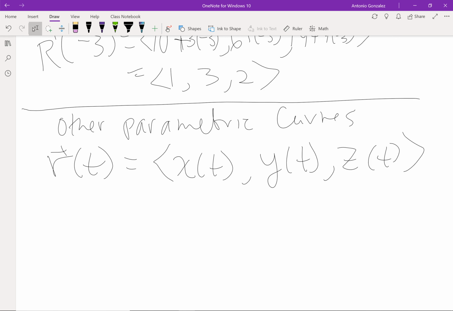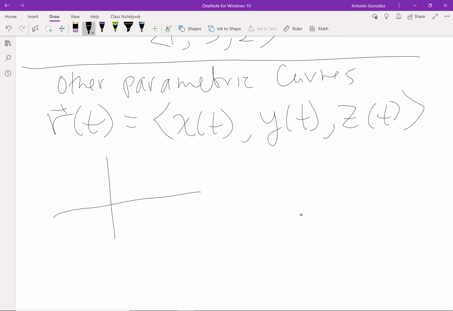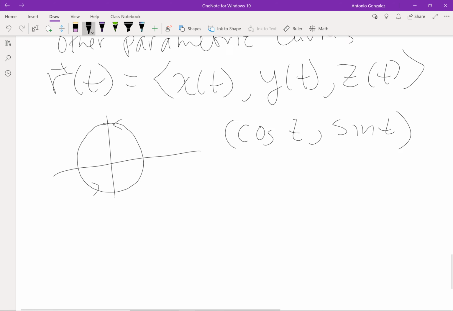Let's look at a simple example in, let's say, R2, where when we talked about parametric equations, we had a circle. We can define the circle, and even the unit circle, if you think of it, is a parametric equation, where the points on the circle can be defined as cosine t, sine t. When the radius is 1, that's what we call the unit circle. That gives me all the points on the circle there. And we can extend that here to